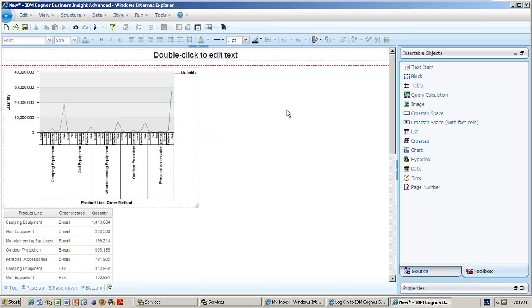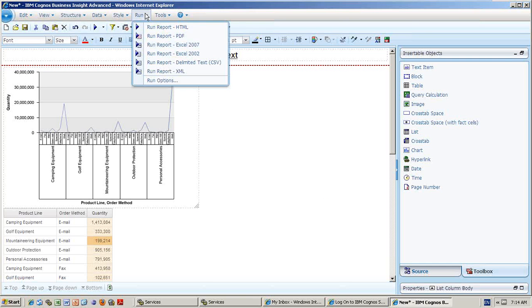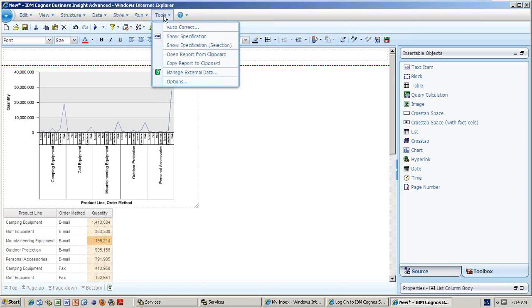So that's it. See, this is the line chart. So like this, you can add whatever you want. So please remember only this option. That's it. View tab, structure, grouping and ungrouping, all these things. You already know the data, filter, suppression, and the styles, conditional styles. That means if the quantity is more than 1000 or something, you can write, right? You already know that in Report Studio. Conditional styles. If it is more than 500, what is the value? You can add, right? This we already discussed. Same concept. And run in whichever studio you want, and tools.